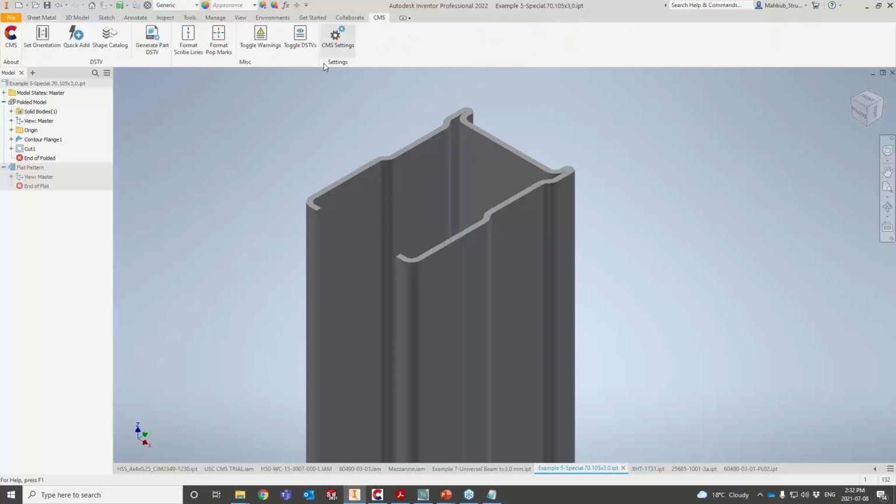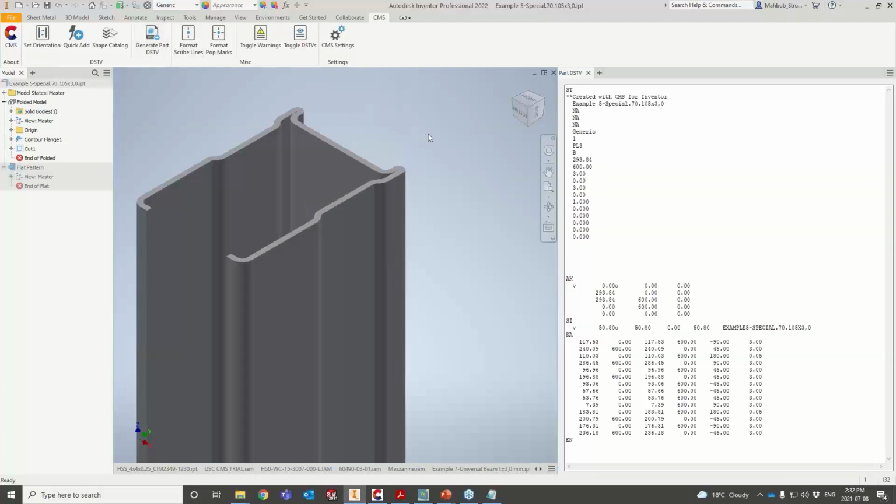So we come here, you open your part and click on Generate DSTV, and then we wait for the response over here, right? Did I do that? I think I did. Yeah, it's the same part. That's example 5. As you see, we're working on example 5. I was able to grab all those